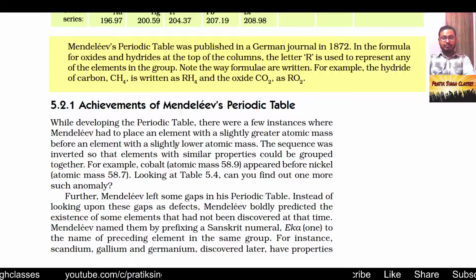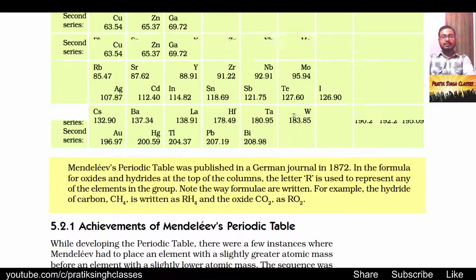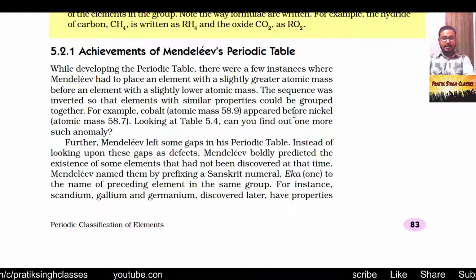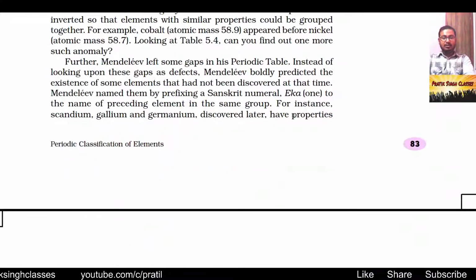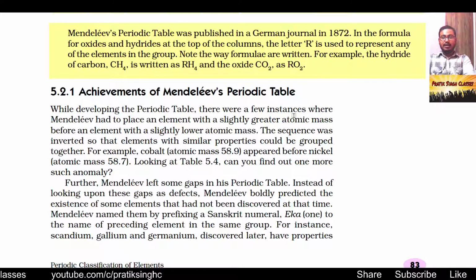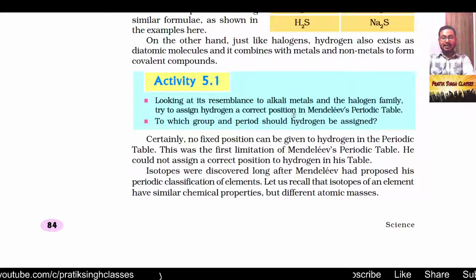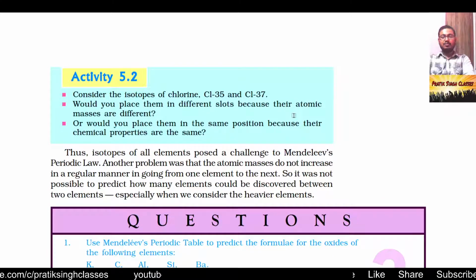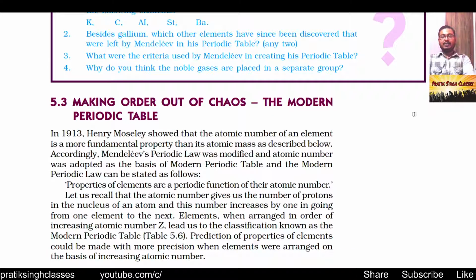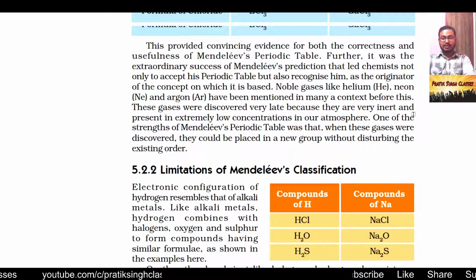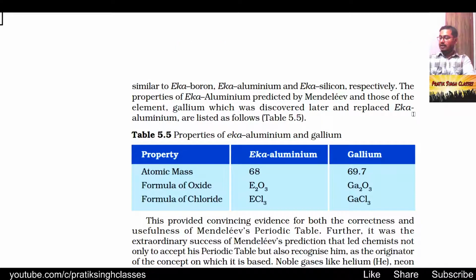So coming to section 5.2.1, achievements of Mendeleev's periodic table. Okay, what are the things we have got from Mendeleev's periodic table. But it seems that we have crossed half an hour and this lecture is going to be long. So in the next video we will study the achievements of Mendeleev and what we have learned from him, and what the limitations and different types of classifications are, and also we will study some modern scientists who tried to find out how the elements can be arranged in a periodic table, so that the work becomes easier and finding the properties of the elements becomes easier.